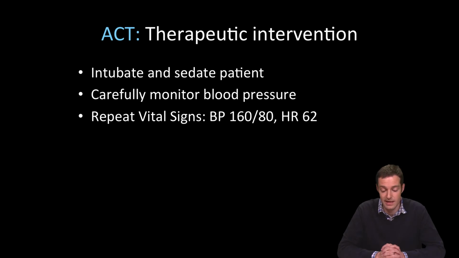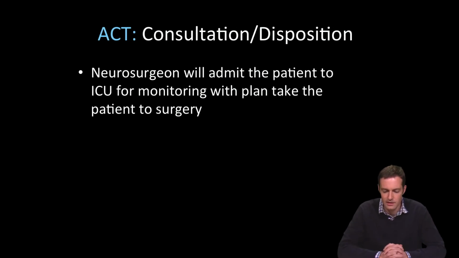Plan is now to intubate and sedate the patient, carefully monitor, repeat blood pressure, and titrate medications to the effect, and we now have a solid blood pressure of 160 over 80, and the heart rate's now 62. Patient appears to be stable on a ventilator at this point. You reassess with the neurosurgeon about what happened and the patient's decline. The neurosurgeon will admit the patient to the ICU for monitoring, with a plan to take the patient to surgery